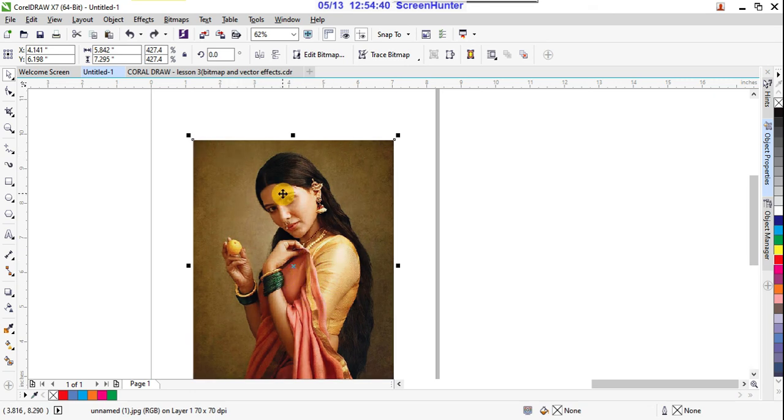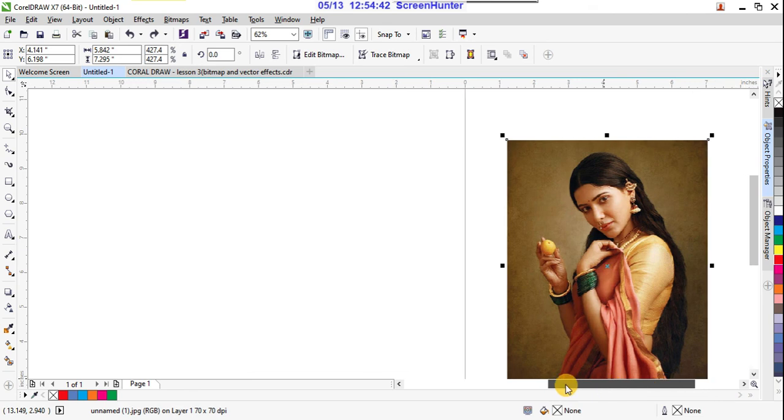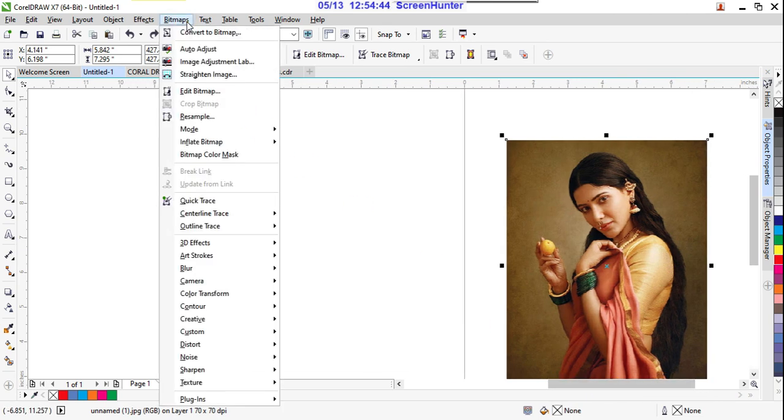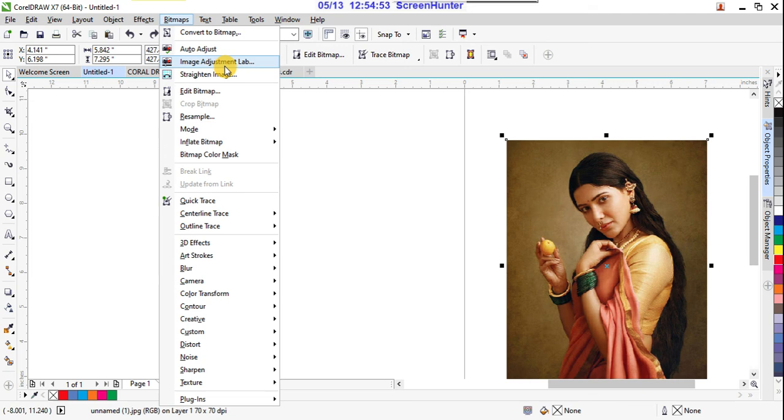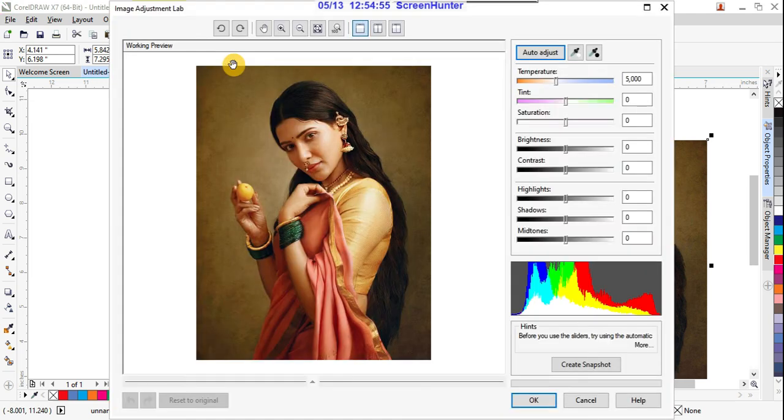See, suppose you keep this side, now applying auto adjust, it is giving the best results because it is automatically adjusting colors. And after that, image adjustment lab, so you click here. So by your own, right, just like in Photoshop, you can adjust colors, the warmness I'm giving, right?